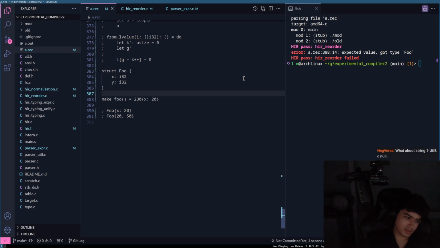Possibly. What about string UTF-8 C null? You mean like data types in this language? Like constructing them? This is only for structs. What I'm doing right here. Okay, so